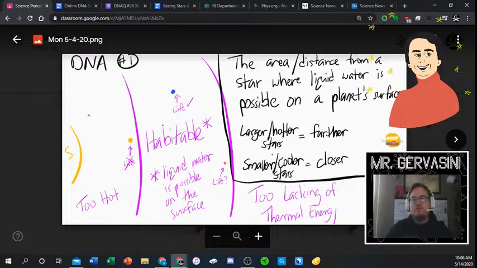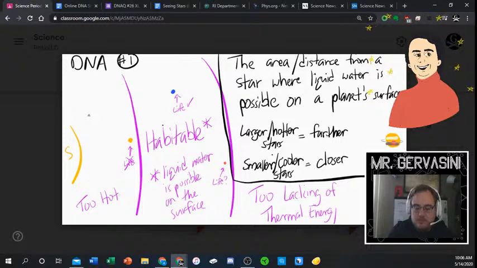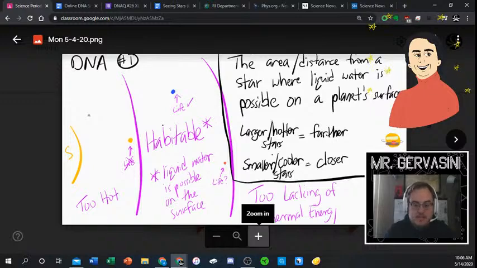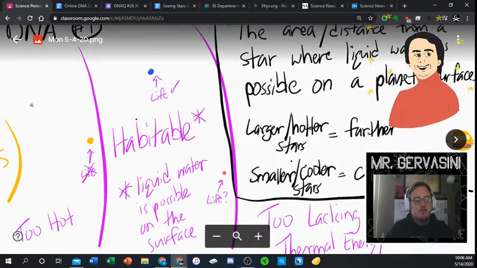Alright, so DNA number 1, I asked what is the habitable zone in reference to a star. People doing App A, you should know this very well because you need to do this for your GSA assignment. Those of you not doing App A, you needed a little more time to maybe look this over. People in App A could have helped you. And so,